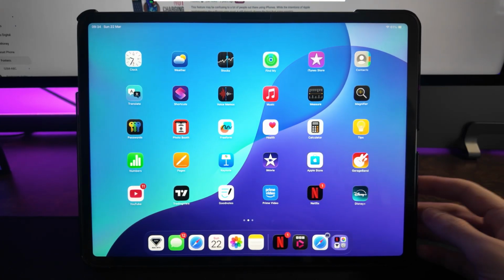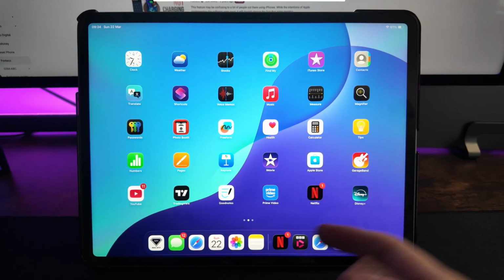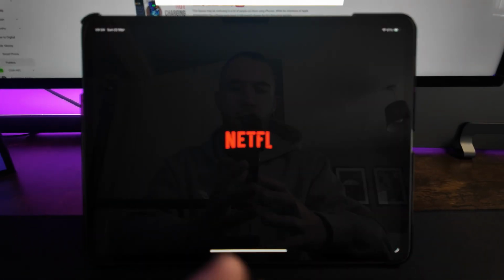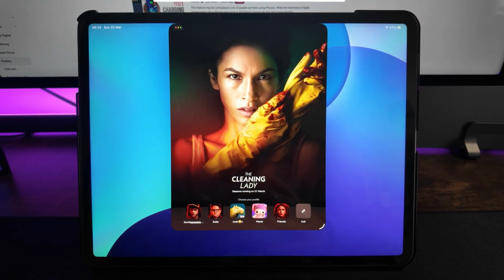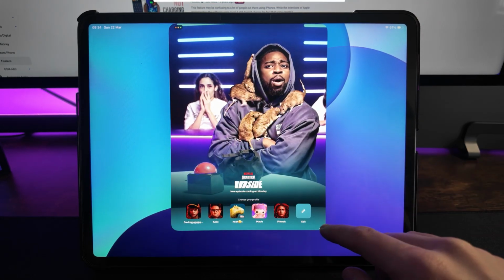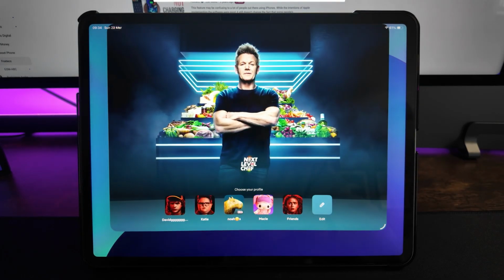So guys, here is how we can adjust the full screen mode on iPhone. So the first thing I'm going to show you is that, let's just say that I want to open Netflix here. What you will notice is that when you pull this in, it will then go into a windowed mode. Now you can resize this and move it around to however you like, but if you want to disable this,